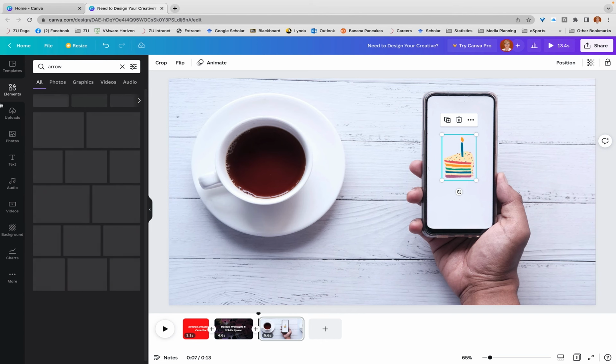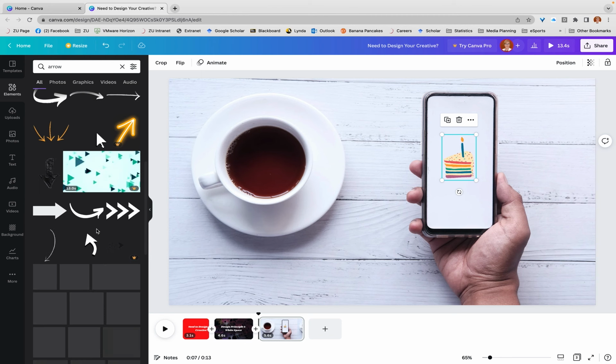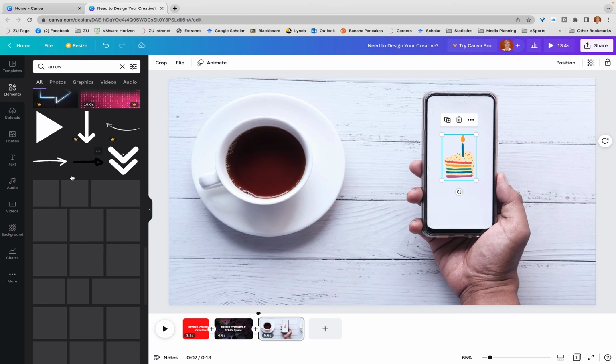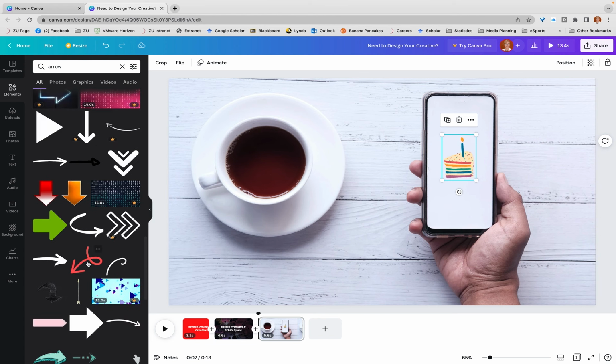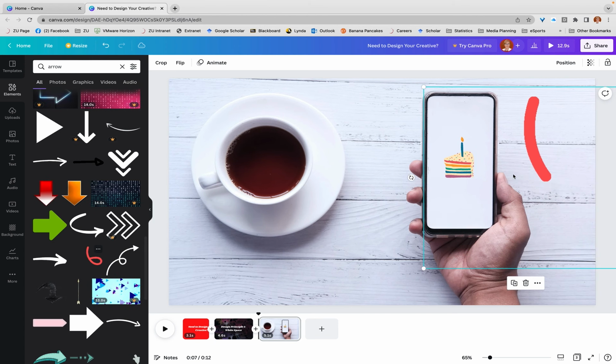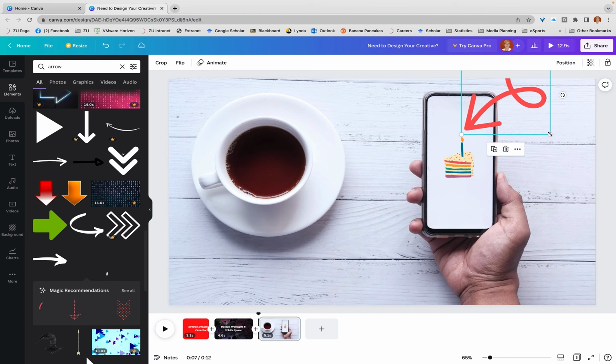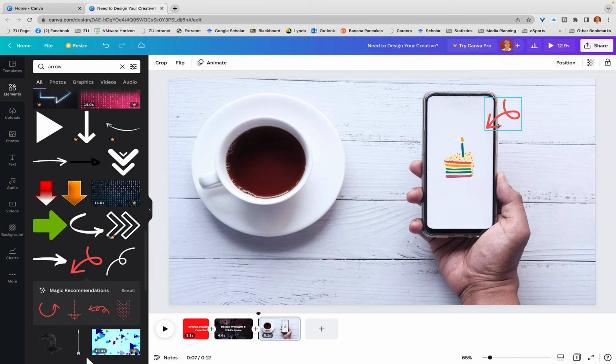I might be able to point at it. I don't want a white arrow, so I could always put in red arrow or something like that. I think I probably want this one here that's already pre-animated as well, to point out the various parts that I want to point out. So I can say this here is white space,